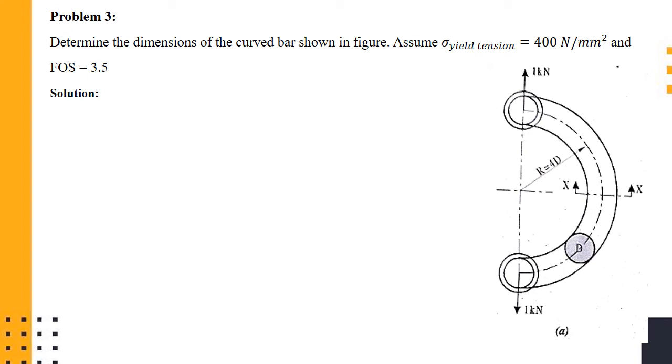So any cross section can come in the exam for more than 10 marks. You need to be thorough with the formulas for different types of cross section, and unlike in Spurgers and all, each and every time you need not refer much into the data handbook. Only a few equations you need to know, and you need to refer to tables just for a few equations. So you'll get the solution for the entire problem.